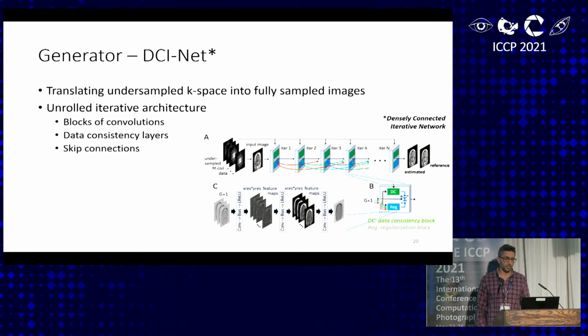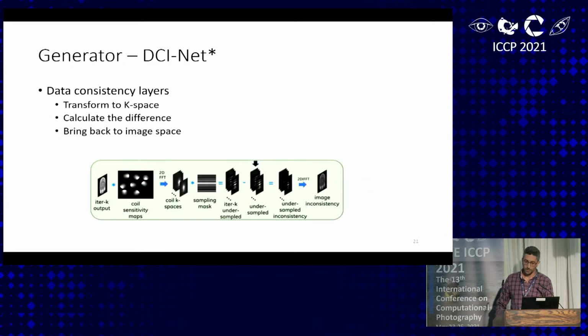Our generator architecture utilizes a densely connected iterative network. This is an unrolled iterative architecture composed of blocks of convolutions and data consistency layers. In this work, we also employ multiple skip connections between the blocks, which were shown to improve performance. Interestingly, each data consistency layer in this architecture is employed as a non-parametric operation inside each block in